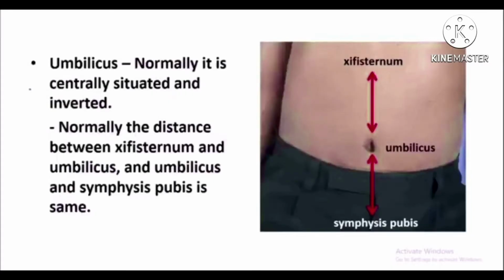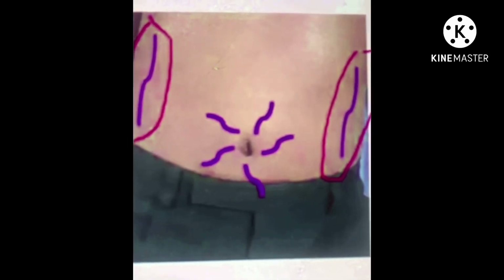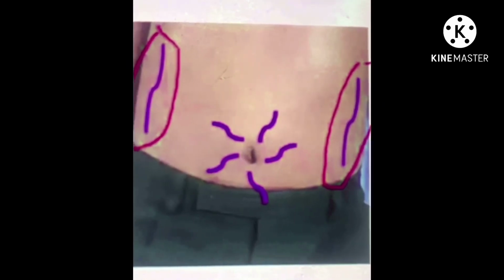Umbilicus is normally centrally situated and inverted. Normally the distance between the xiphisternum and the umbilicus and between the umbilicus and symphysis pubis is the same. Dilated veins are seen in inferior vena cava obstruction, on the sides of the abdomen. You can see these dilated veins on the sides of the abdomen. And then another is portal vein obstruction, that is caput medusae, which will be like this in the